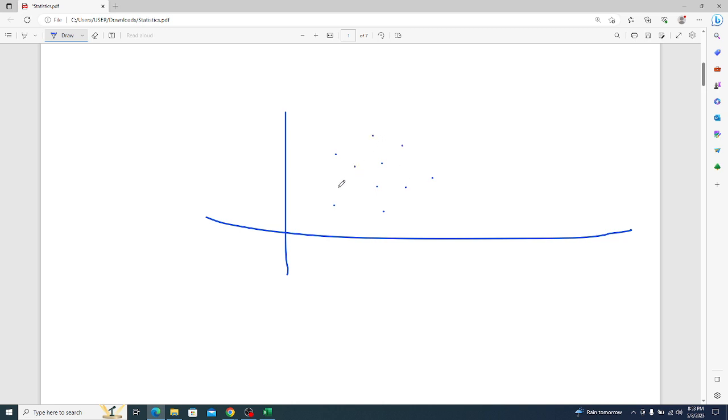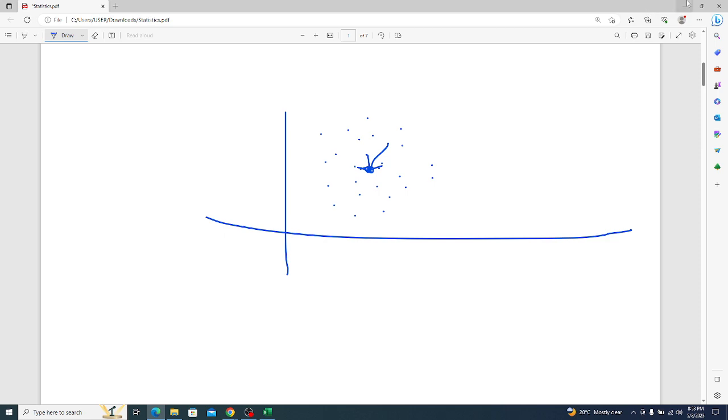So we can first of all say it is the spread of the data points, the distance between each data point and the mean. So we are talking about the distance between the data points and the